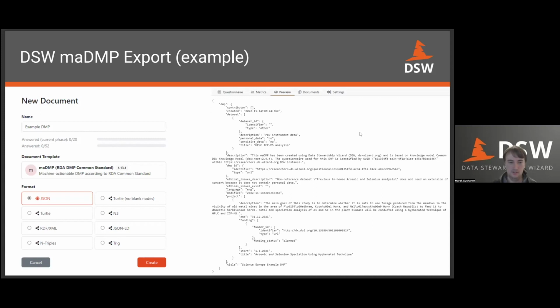And for that, the user can select from the formats that are there, JSON or the various RDF formats. Other way how to work with that is to use directly preview inside the web tool. So instead of downloading the file, the user can preview, for example, the JSON file directly in the UI, as is on the right side of the slide.